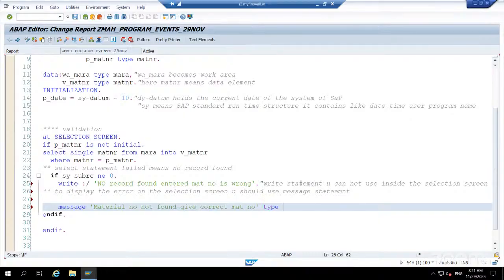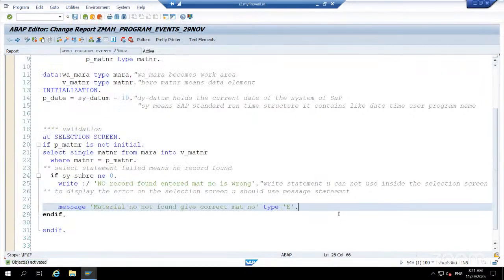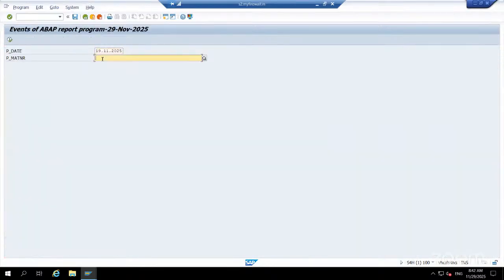Type E. Check syntax here. What do you type E? E is for error message. Right? Activate now here. Click on execute. Give some wrong value here. Click on execute. Do you see that now here? The material number is